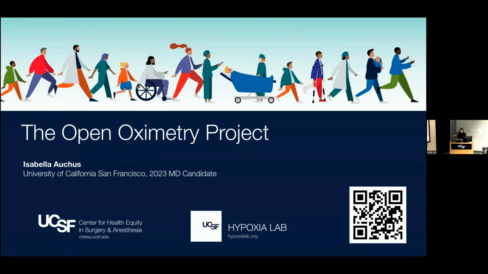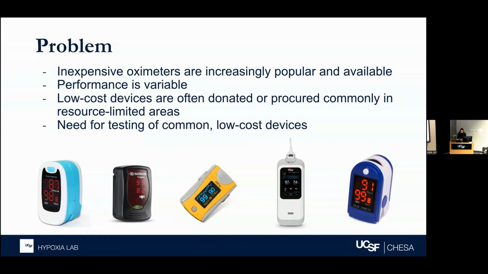So as mentioned earlier, inexpensive pulse oximeters have gained huge popularity recently, especially with COVID, and are widely available and commonly used to make clinical decisions, especially in resource variable regions and also in home care settings. However, the accuracy or performance of these devices is known to be variable, often unregulated and not fully characterized. So this is important because these low-cost devices are often the ones that are donated or procured